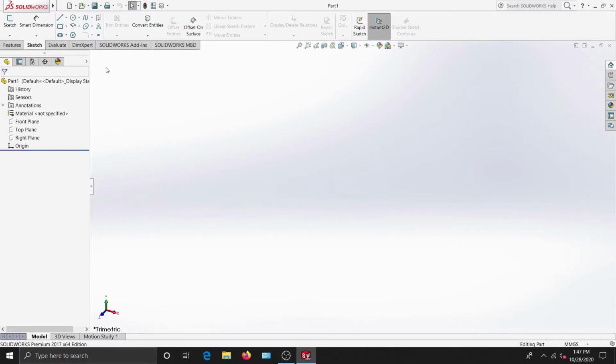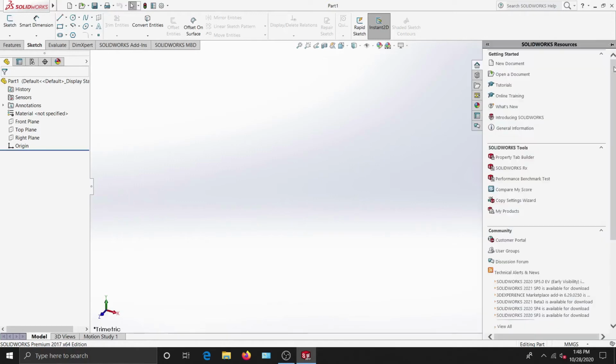So as you can see, this much portion over here is called your workspace. Your model will be visualized here, and you can make your model in here. Okay, so as you can see on my left, this is the outliner. In outliner you can see that there are some options available such as front plane, top plane and right plane. So whenever you make an object or perform any operation, it will be displayed over here. And these operations are performed in a sequence, so if you disturb its sequence, there will be a ton of errors and you don't want that. So stick together with the video and you will learn how.